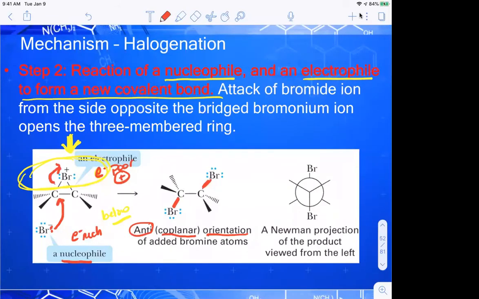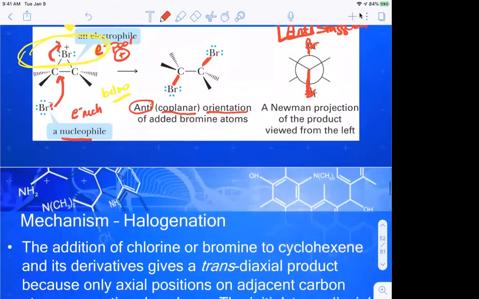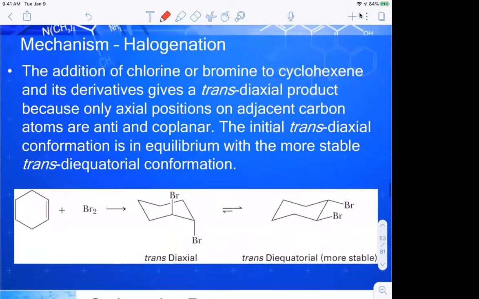anti-relationship, because I get this anti-periplanar or coplanar orientation of those bromine atoms. So if I look at this in terms of a Newman, this is going to be my anti-staggered Newman conformation, and that's what results. So I have one bromine that goes down, and I have one bromine that's pointing up. That is my anti-stereochemistry. I'm really only going to see that if I have a